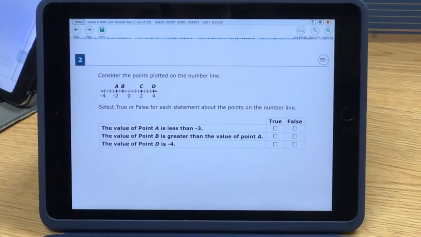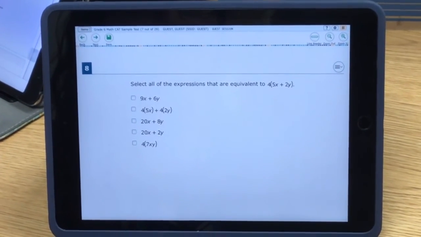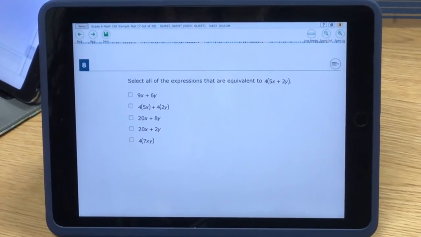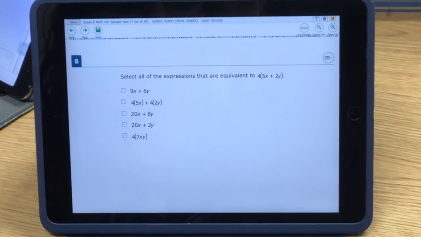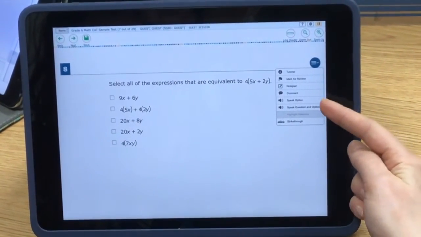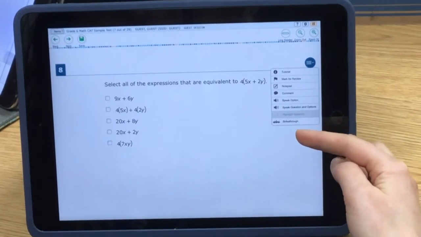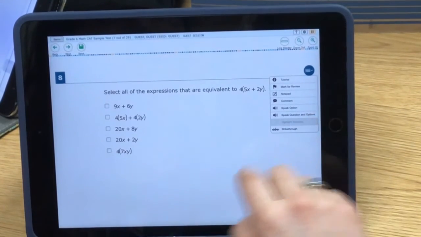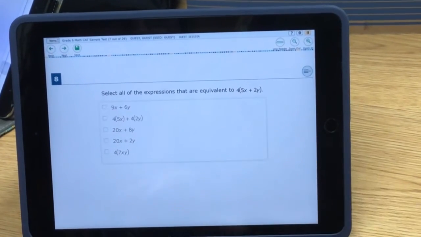The last thing I'd like to show you with text-to-speech is how you can have the test read one specific option on a multiple choice answer. As you can see, this is another math question, and if I tap on the circle with the 3 bars, I see that I have the option to have it speak option or speak question and options. If I want to start at the very beginning and have it read all of the options, I should tap here. If I simply want it to read one of the options listed, I'll tap speak option,